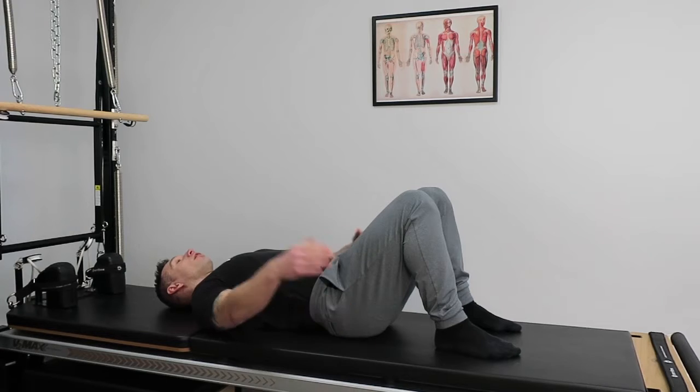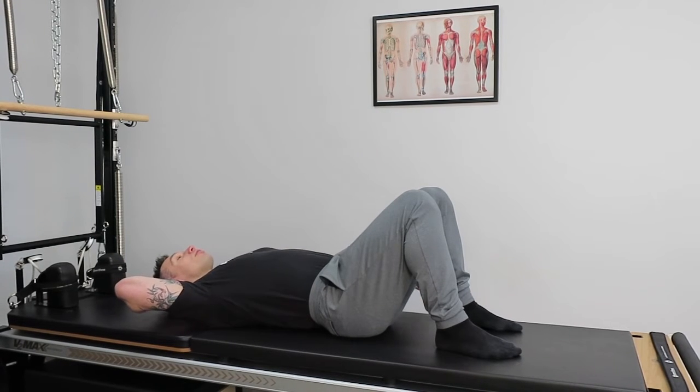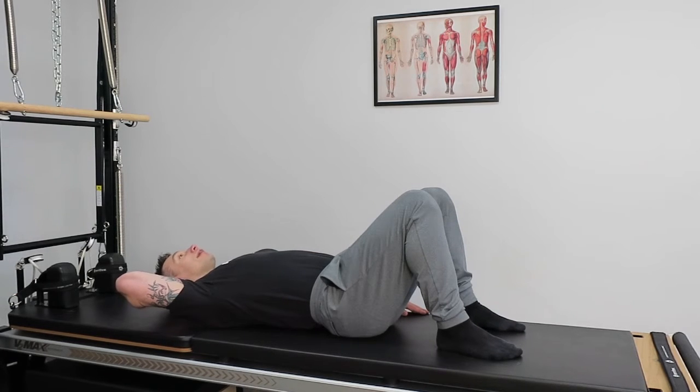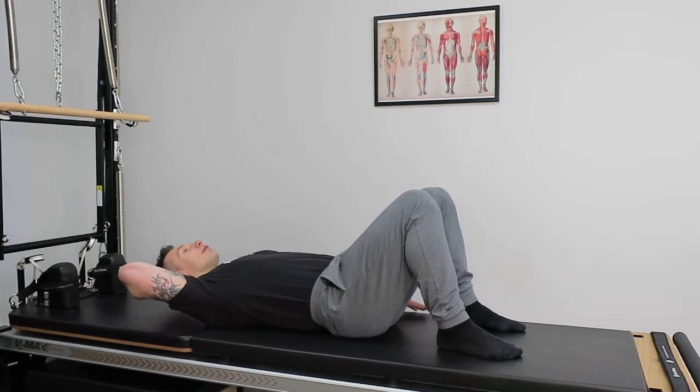Tummy's in nice and flat. One hand is going to go behind your head and the other one is going to reach down. Arms are doing slightly different things, but we still want to stay through the centre. Breathing in to prepare, you're going to exhale, nod the head, let your head be lifted up by your hand. You're flexing up just through the upper body, reaching with the finger, breathe in and then breathe out as you